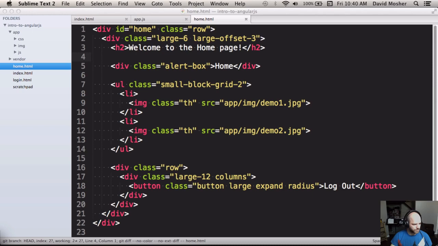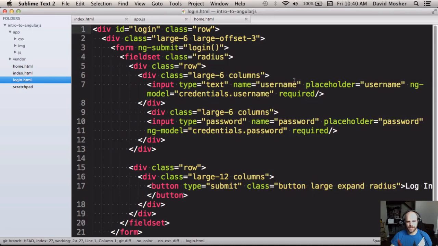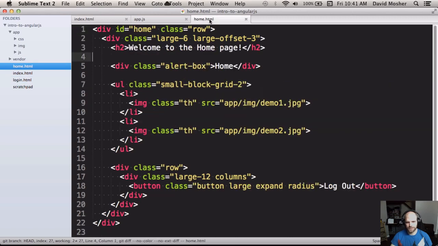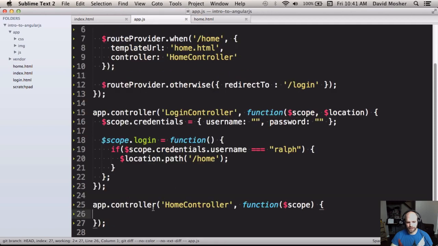And one of the first things we can do is, we looked at adding ng-model to keep the value of this input in sync with a scope value, the user credentials. You can do that as well when you're rendering things initially. So if, for example, I wanted to create a fragment here that had a property called the title on the scope for the home page, now I can go back here and I can just say scope.title equals